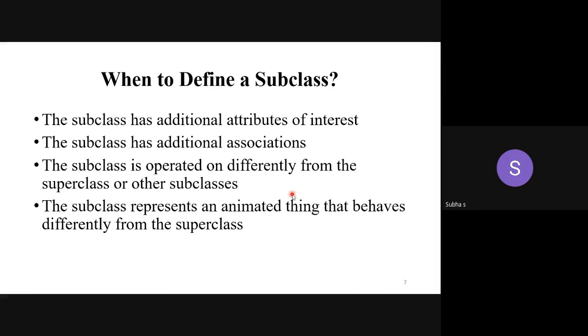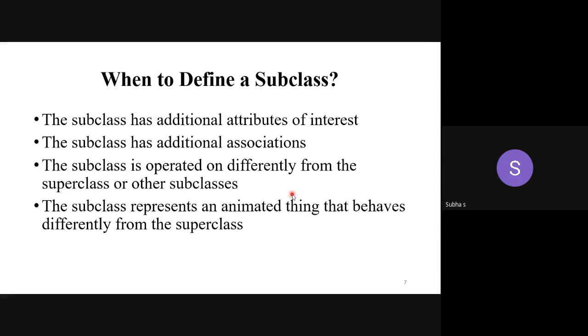Is it related to payment? A product is related to payment only, but under payment you can't categorize product as the subclass. Okay, so it must be related in such a way that it has to use the attributes of the superclass, or it has to use the operations or the association. Then only we can consider this class as a subclass.